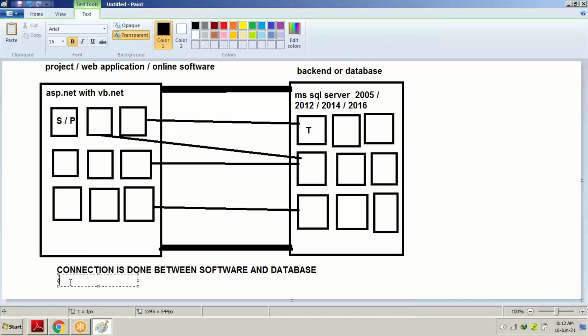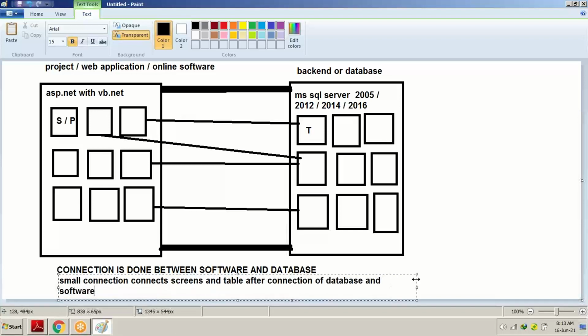And then, after the connection is done between software and database, the small connections connect the screens and tables after the connection of database and software.